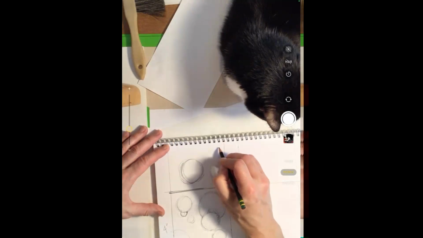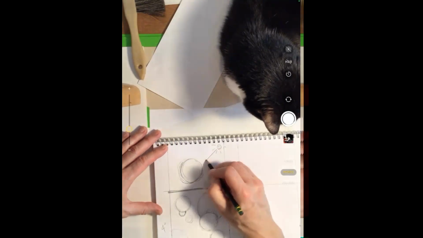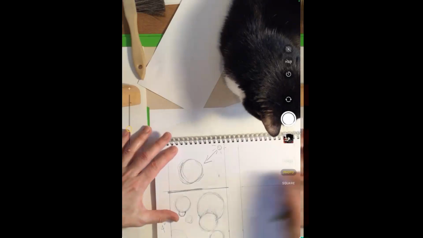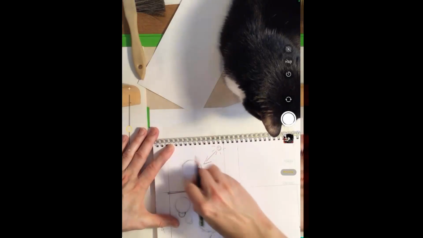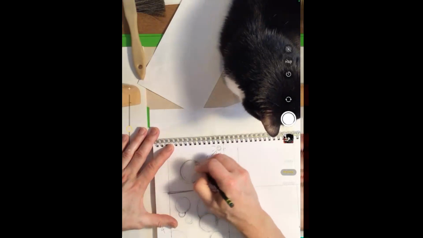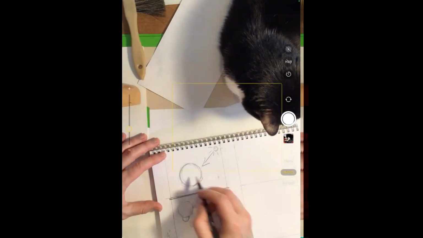If I have light coming this way, then I have, let's just clean up that edge. You see how I draw circles with a lot of lines until I get it right. So if I have this,